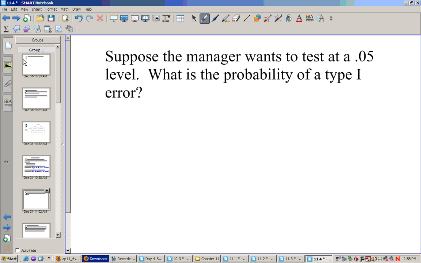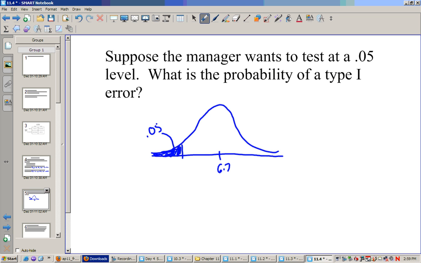Suppose the city manager wants to test at a 0.05 level. What's the probability of a type 1 error? So if we look at our normal curve, the alternative hypothesis is less than 6.7. So it would have to be this far away or further in order for it to be a type 1 error. And that will occur 5% of the time. 5% of the time, we'll get a data point over here, even though 6.7 is the true mean. So the probability of a type 1 error is